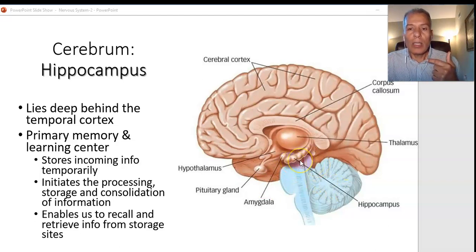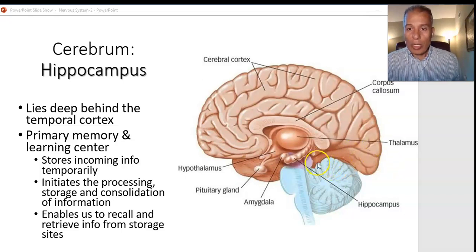And it does not store memory for good. It stores it for about an hour or so. But it processes incoming memories, all the sensory channels like vision, hearing, and so on. All the information that